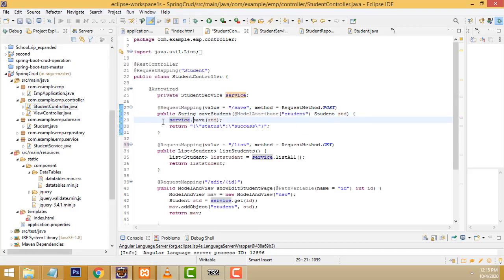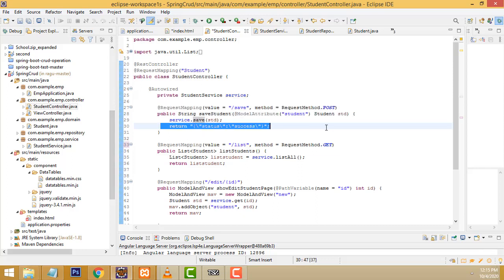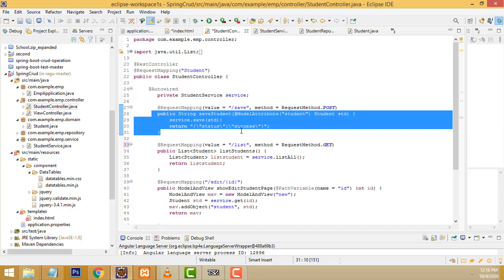Under service we have a method called save. It is saving all the records. It returns back to the success method. Then only you can get the message in the JavaScript. Once a record is added, you will be able to get the message itself. Record is added, right? That's why the method should be written after the record is added. The method will be written along with the message record added, right? It's very simple, right? It's a mapping part, right? It's very simple. We have to learn, right? Okay, this is very simple.